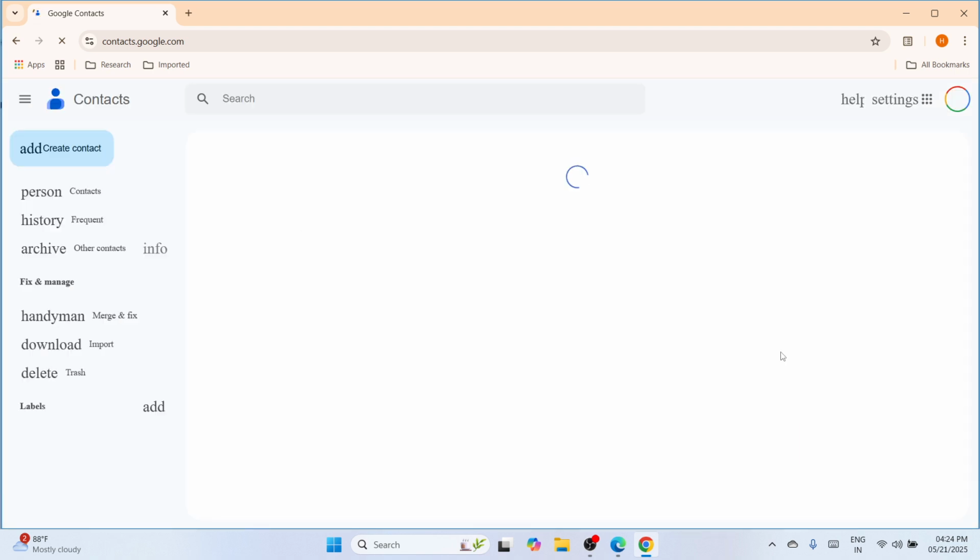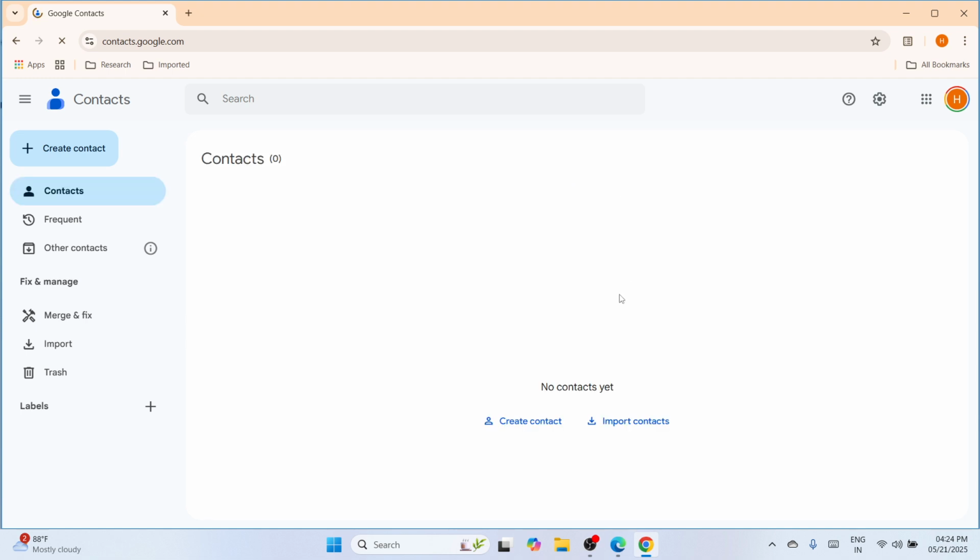And eventually you would be redirected to your Google Contacts. Please wait until it would be set for you. Okay, this is where we could see all of the contacts that we have. Okay, so once everything is set here, please proceed to the top right corner where you can see these three